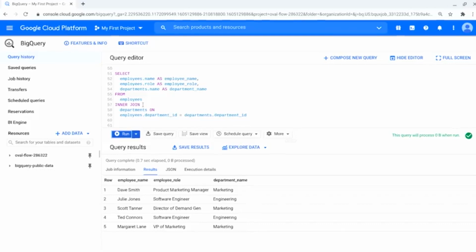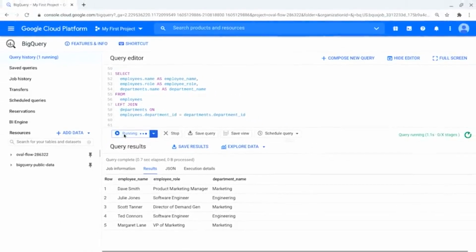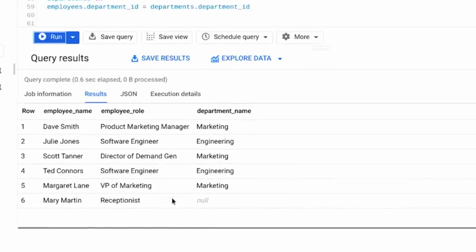But we could use left or right join to return a list of all employee names and their departments when available. Let's try both really quickly. So this will start similar to the last query. We'll put in select, as, and from again. But this time, we'll say left join and use on like we did with the last query. When we execute the query, we get back this new list with the employee names and departments. But you'll notice there's null values.